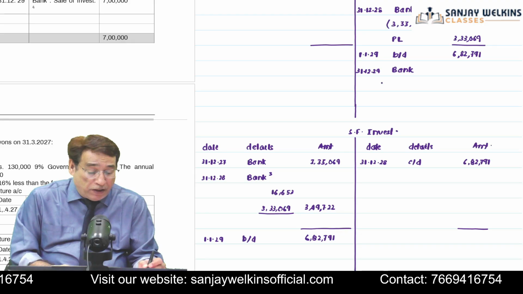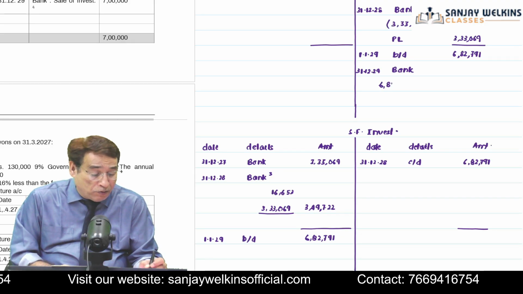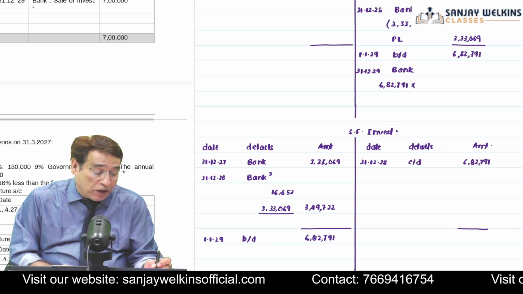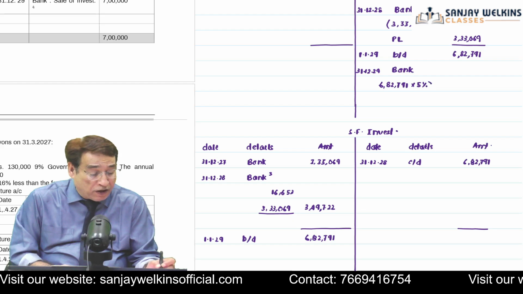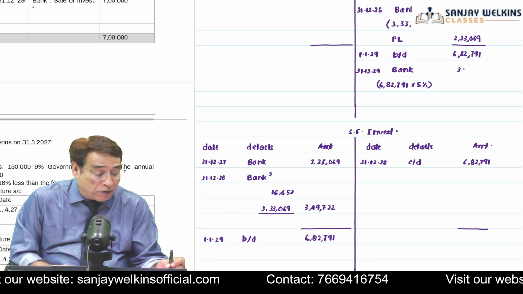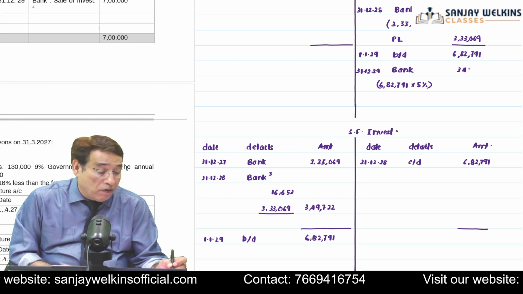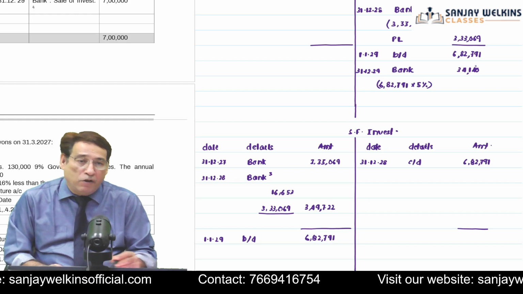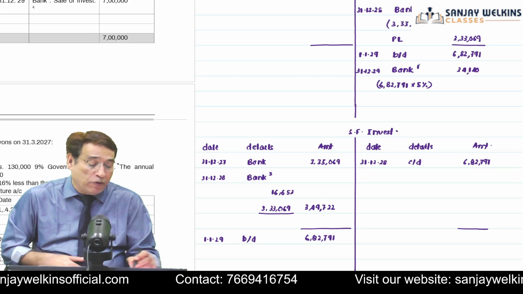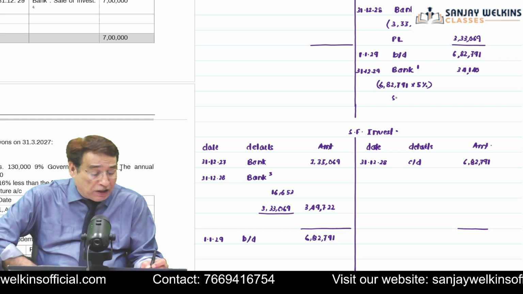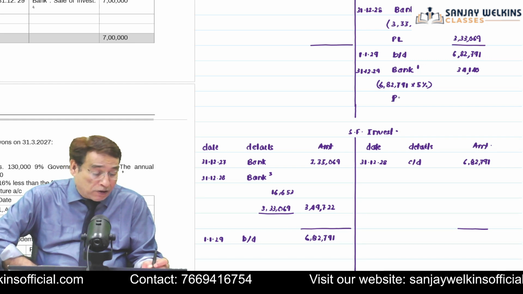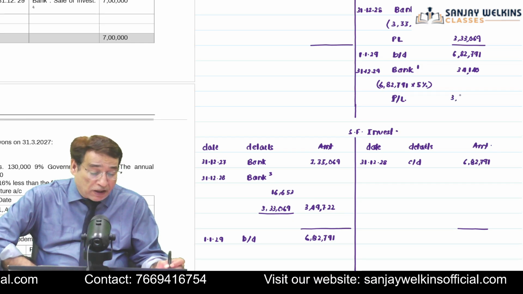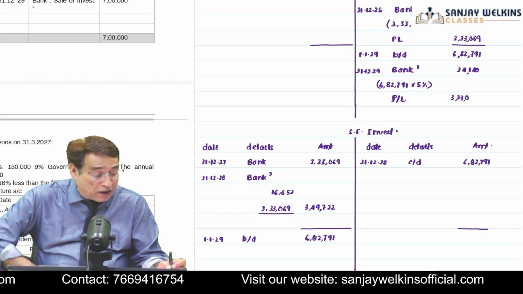So my investment is equal to 6,82,791, and we are going to compute interest on this particular amount at the rate of 5%, and it will be equal to 34,140 approximately. Is it clear to you? This much interest. This is the first thing which we are supposed to do in the final year. Obviously, then we are going to appropriate the amount also. So I will be writing here by P&L, and the amount will remain the same, that is 3,33,069.